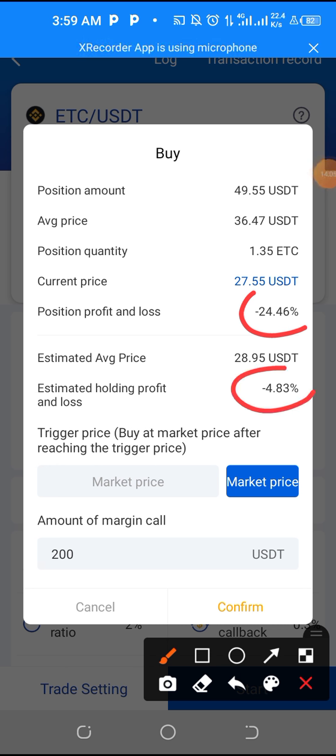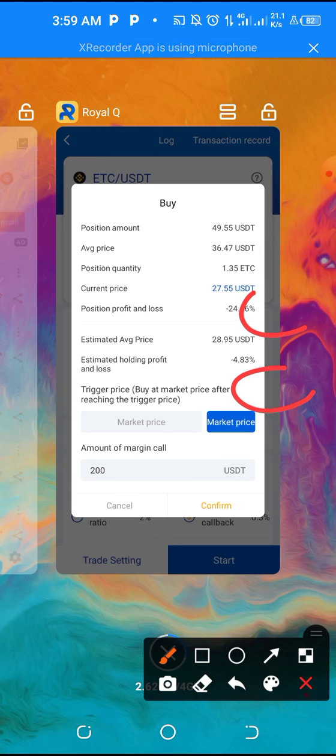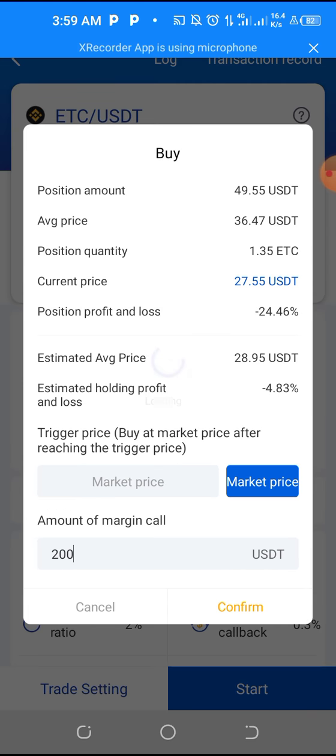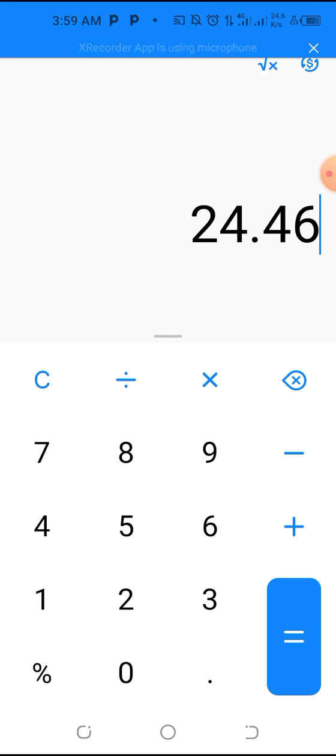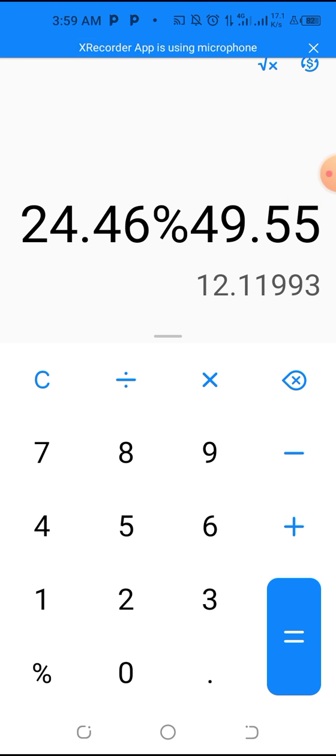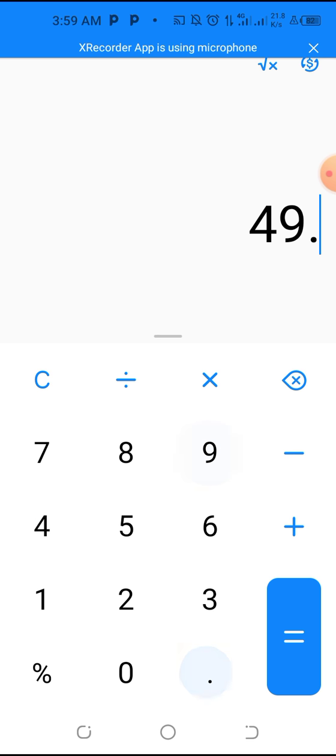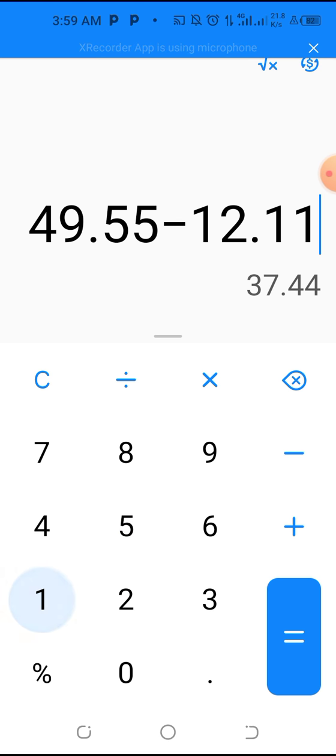So instead of the person losing about, let me see, 24.46% of 49.5. Instead of the person losing $12, if you remove $12 from 49, so this is the percentage loss. So if you remove 49.55 minus 12.111, the balance in the person's account should be this amount now,